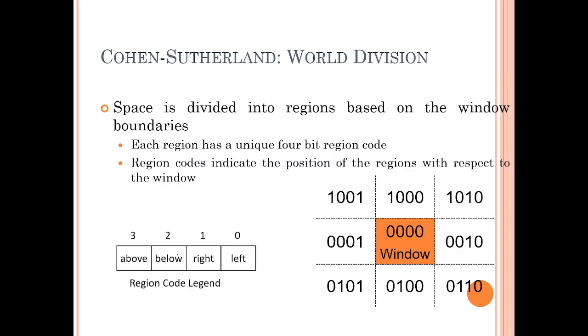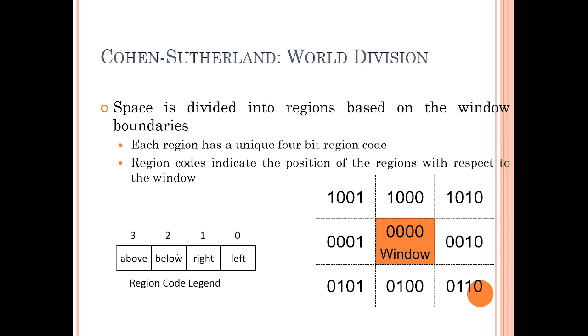See, space is divided into regions based on the window boundaries. Each region has a unique 4-bit region code. The region code indicates the position of the region with respect to the window, that is left, right, below, above. That is A, B, R, L, that is above, below, right, left, or TBRL, that is top,